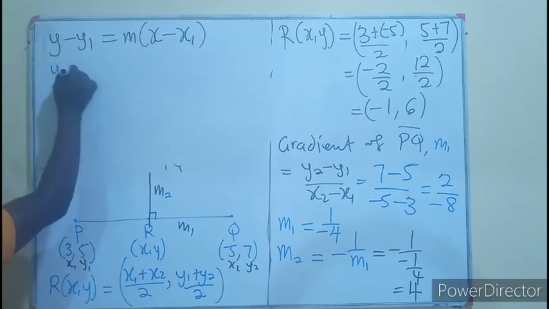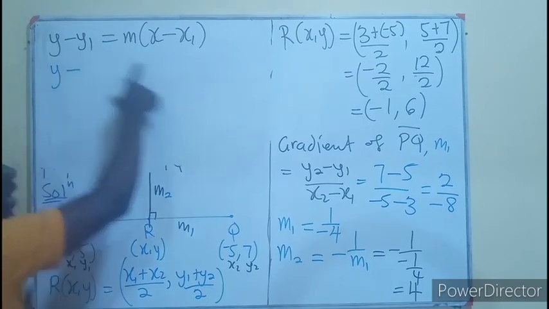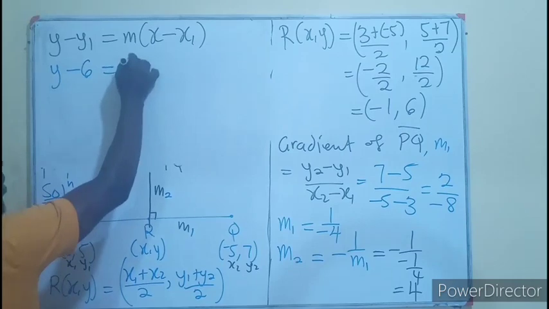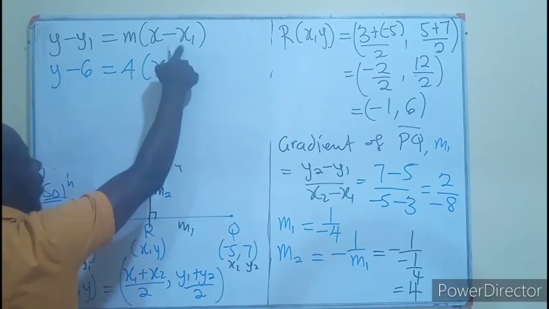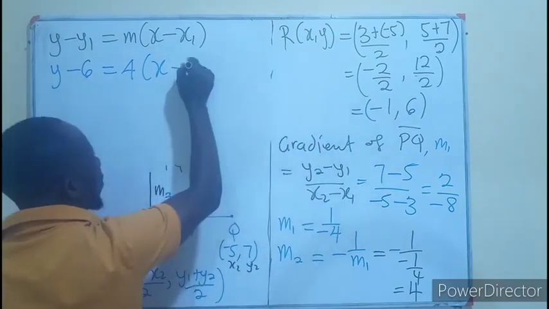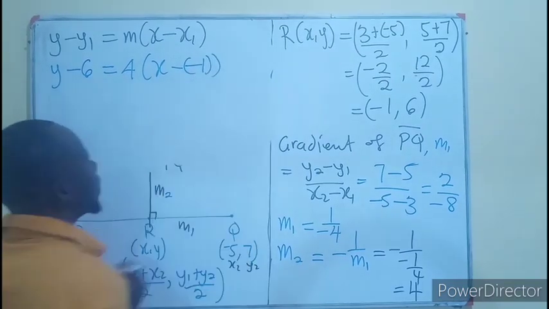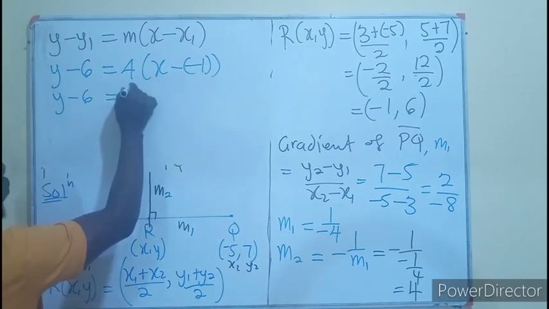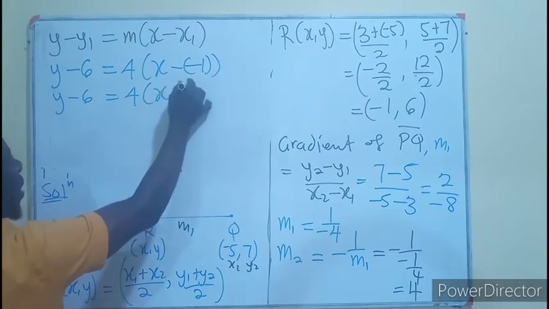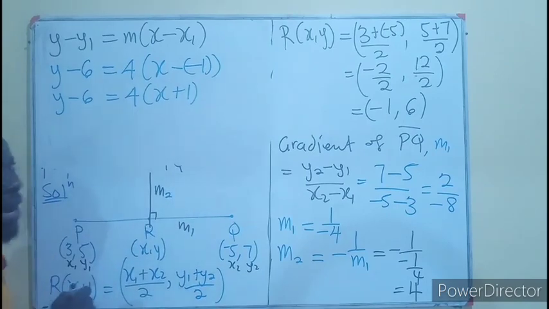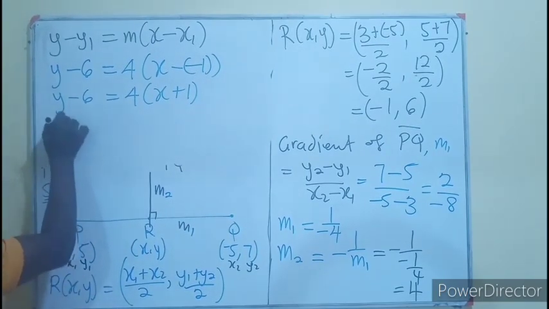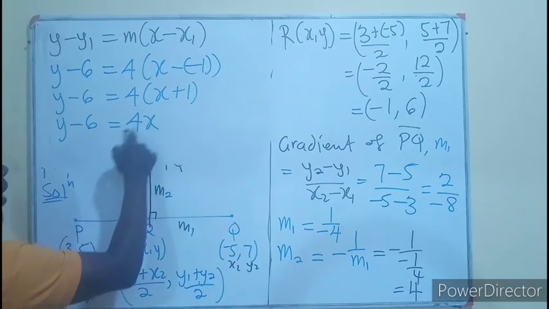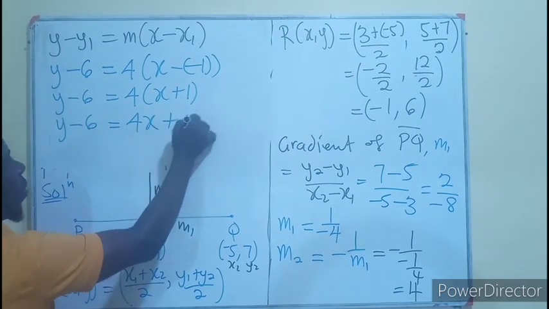We have y minus y1, which is 6, equals 4, our gradient, times x minus x1, which is minus 1. So y minus 6 equals 4 times x plus 1. The negative will cancel. Y minus 6 equals 4x, and 4 times 1 is